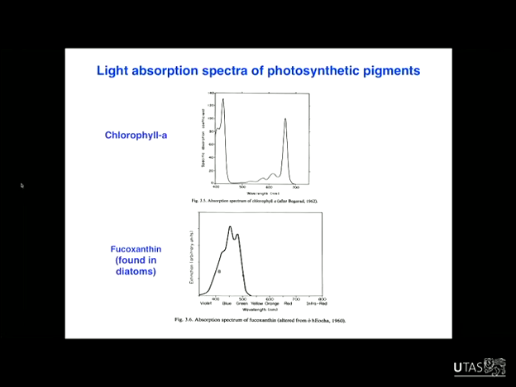Phytoplankton also contain other pigments that absorb in other wavelengths. Those pigments are not strong drivers of photosynthesis. A lot of those pigments do other things. So for instance, they can act as sunscreen, to protect the phytoplankton from high light levels. But these other pigments don't contribute significantly to photosynthesis.